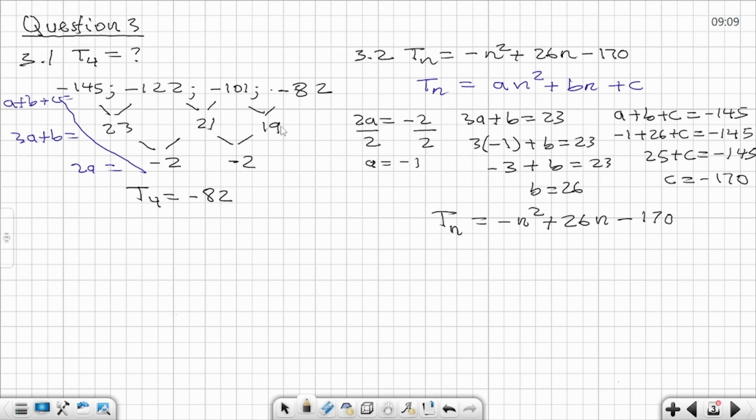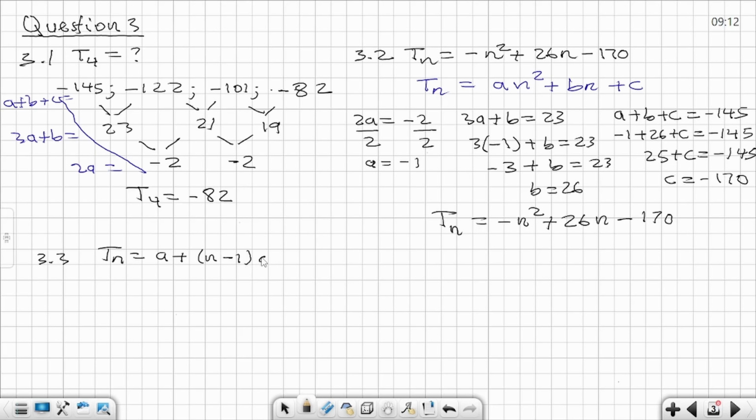So we need to find the position of negative 121 in this first difference, and then we can tell between which two terms of the quadratic pattern the negative 121 is. Okay, let's find the position of negative 121 first. Do you agree with me this first difference is actually an arithmetic sequence because they've got a common difference of -2? So this formula can be applied to find the position of -121